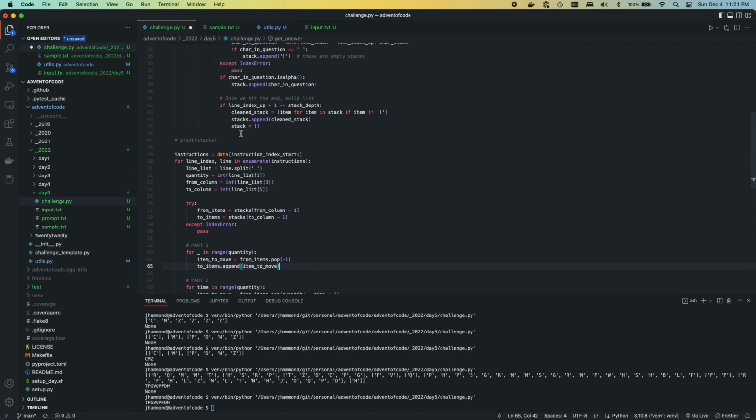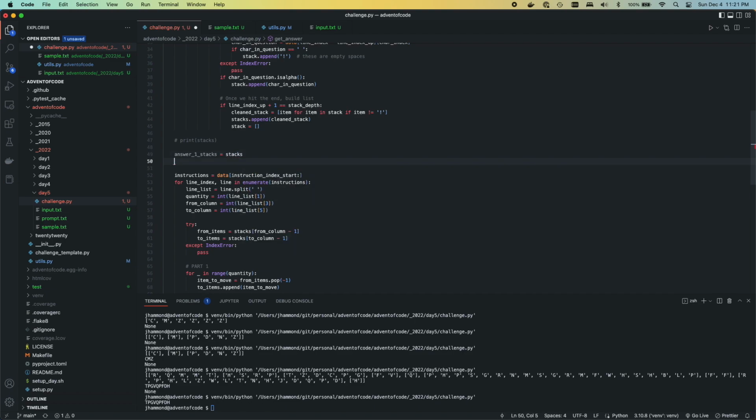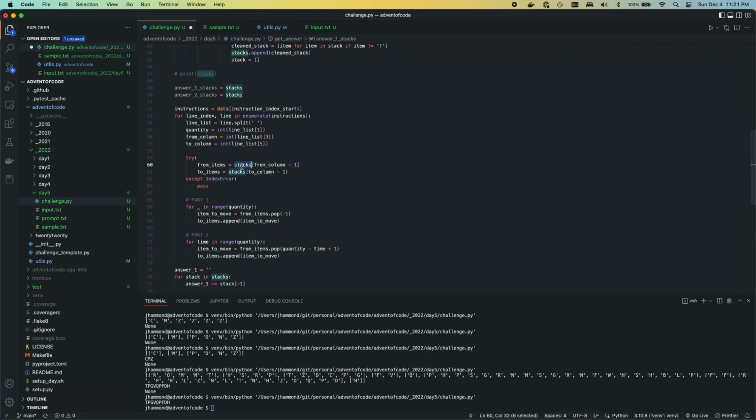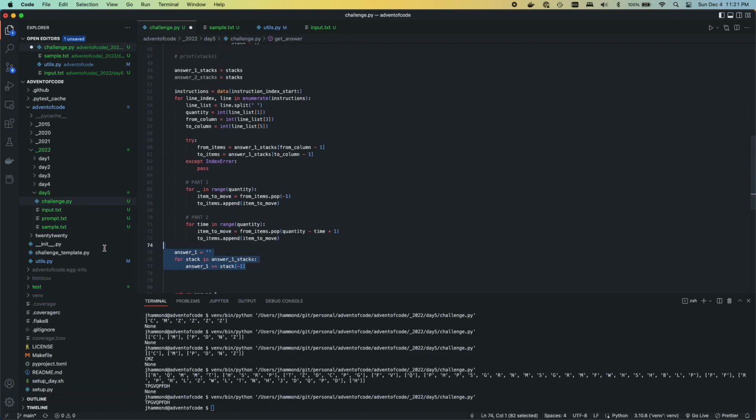We gotta break these up: answer 1 stacks is gonna equal stacks, and answer 2 stacks is gonna equal stacks. There, and we're going to say answer 2 stacks is